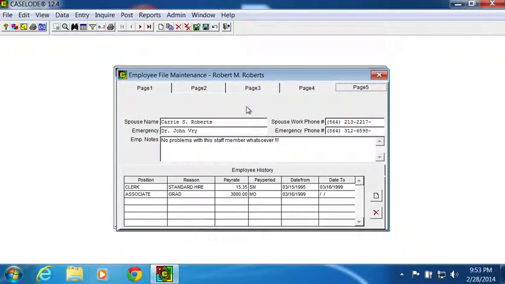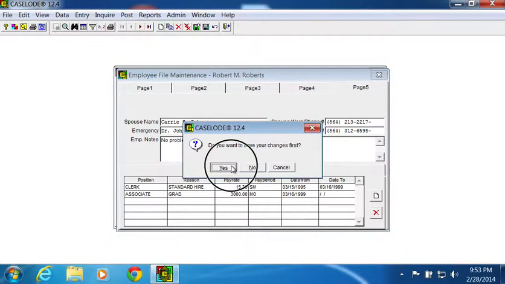And then the last page has some contact information for this employee. It may be a spouse or parents or what have you. And you have the ability to keep up with some employee history for promotions, etc. So once your employees are set up,